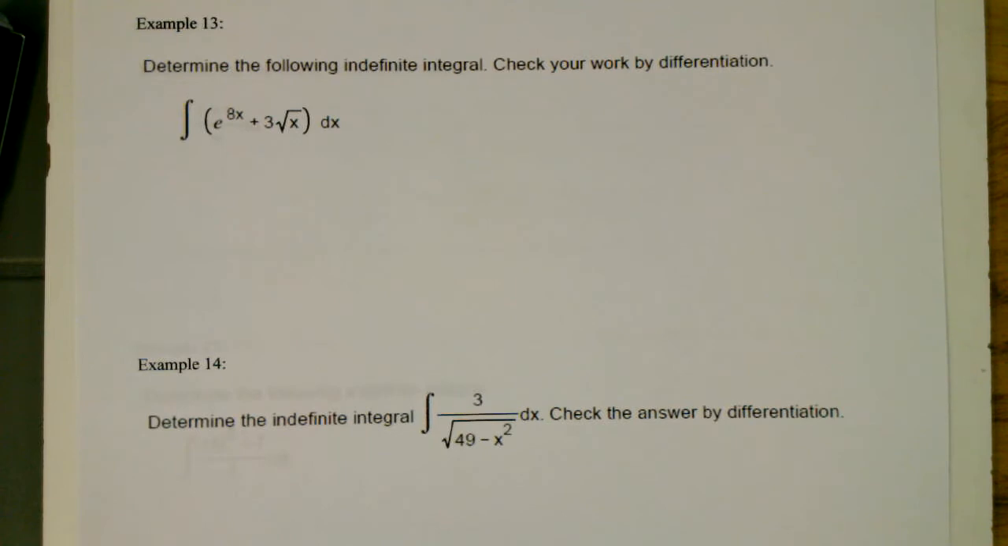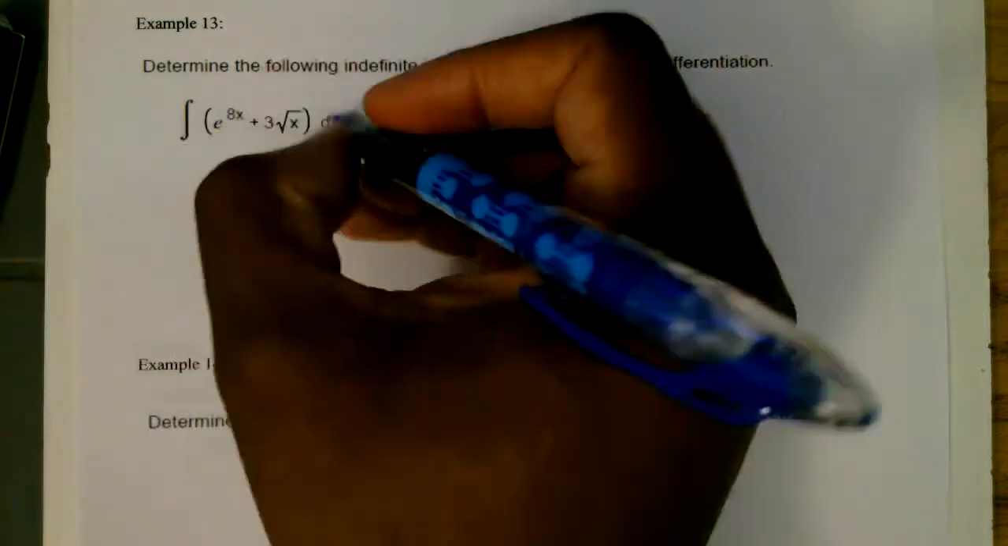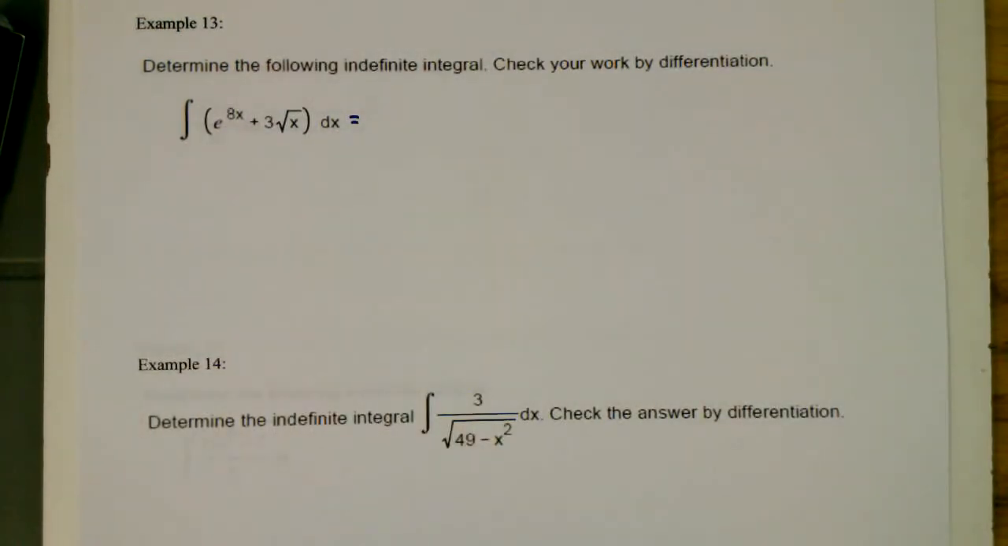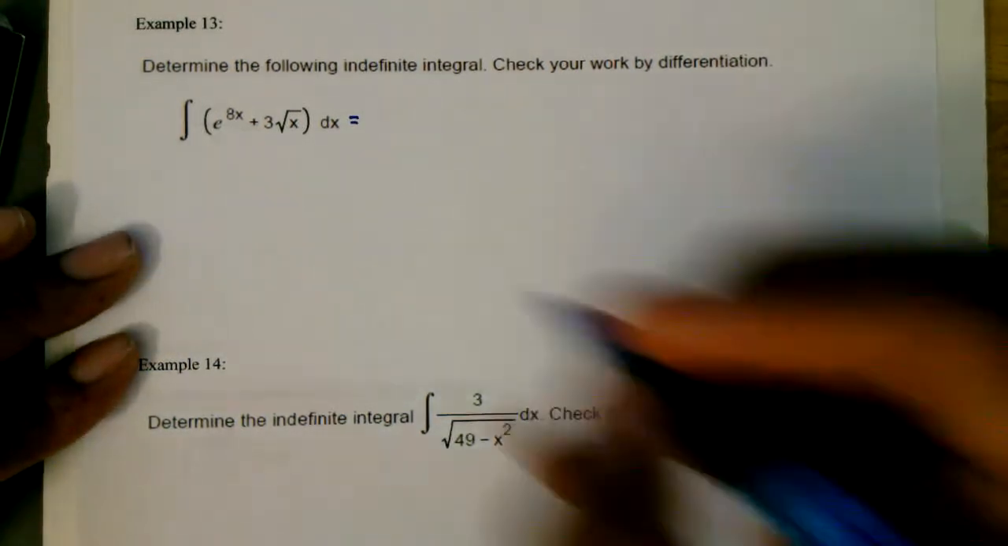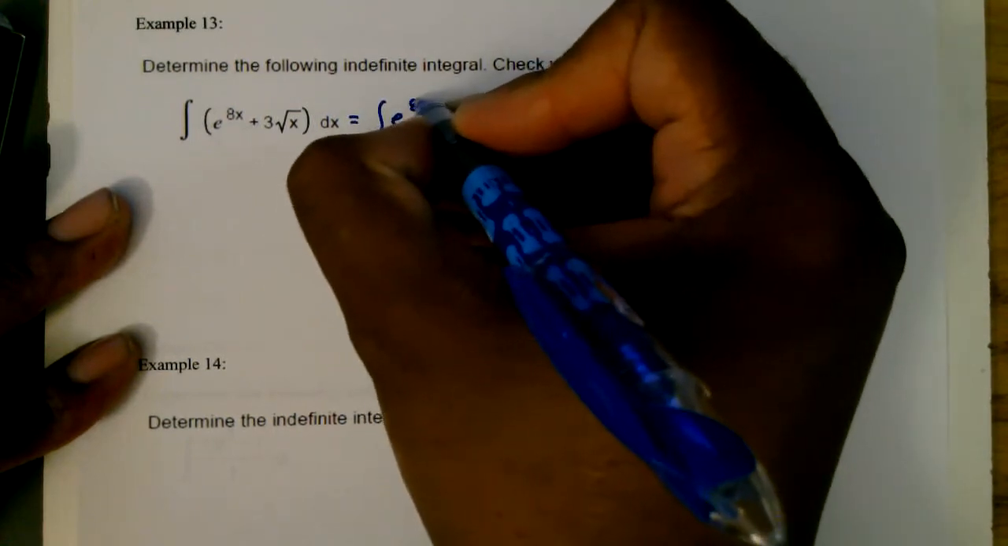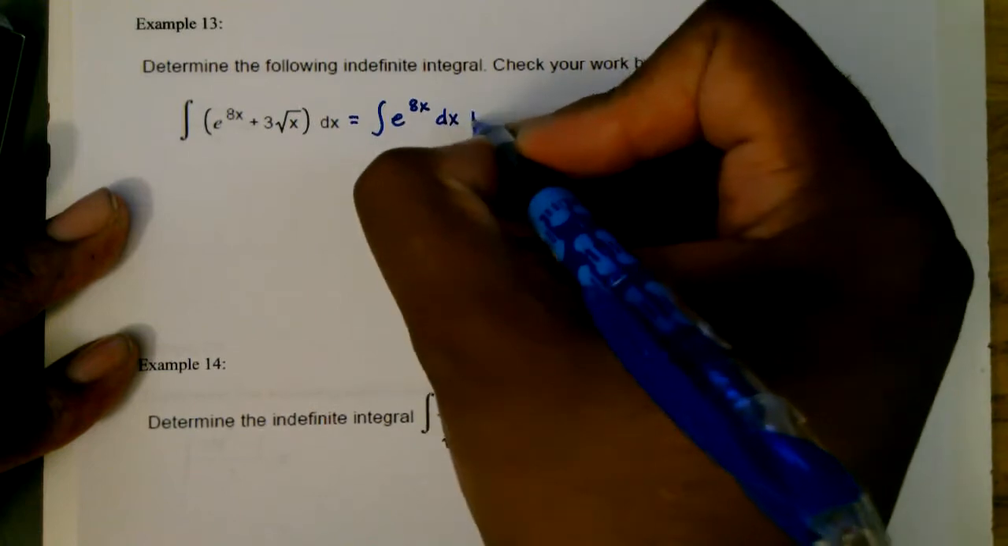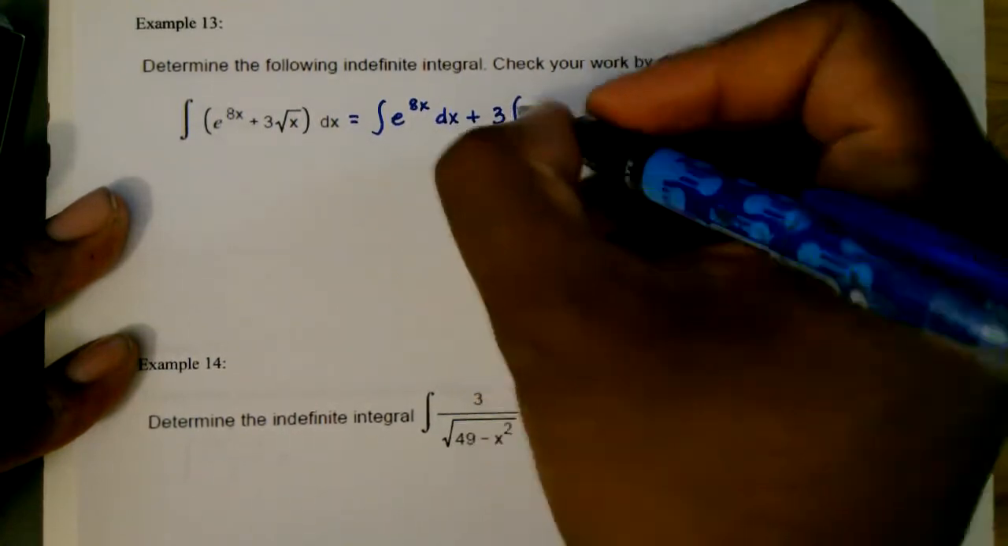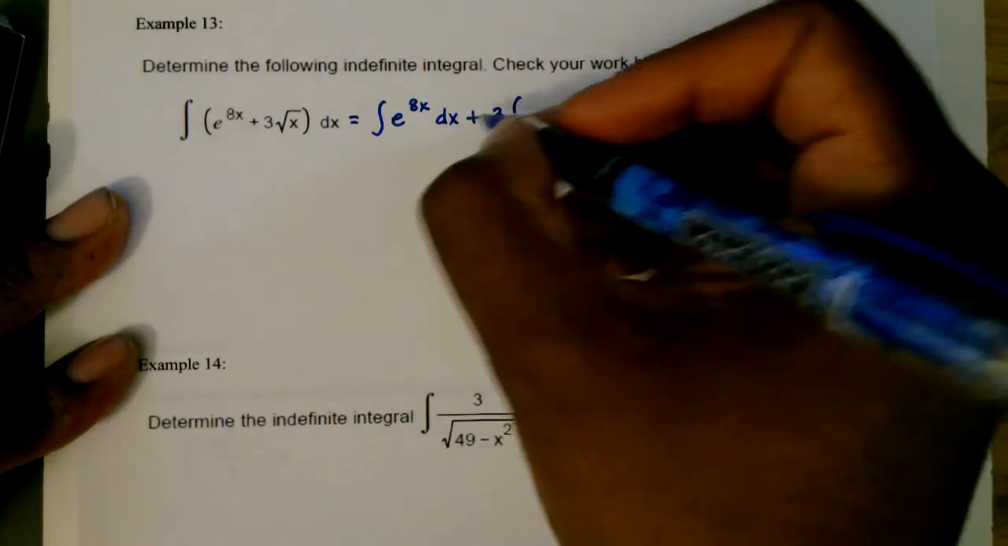All right, let's look at the next example. Let's say I have the integral of e to the 8x plus 3 times the square root of x dx. And let's say I want to check this by using differentiation. All right, so I need to use the sum rule and the constant multiple rule here. So in this case, I'll break this up as the integral of e to the 8x dx plus, pull the 3 out in front, times the integral of, let me write the square root of x